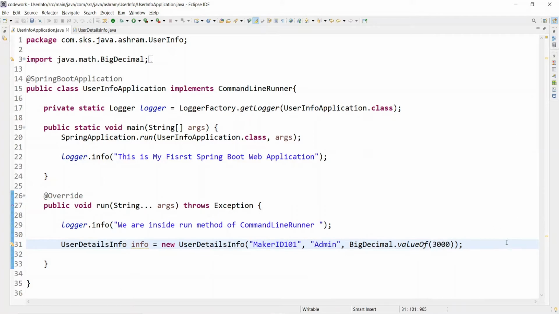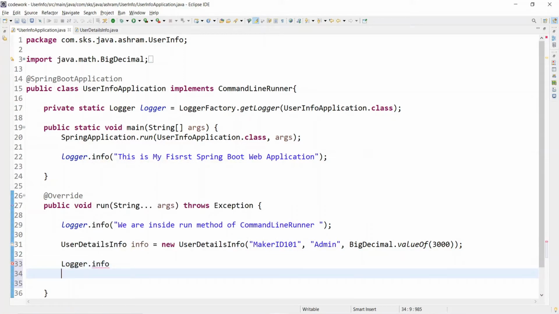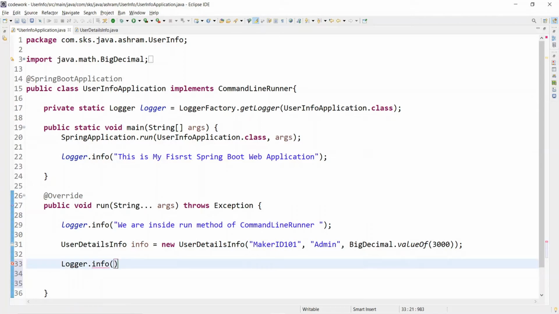And thereafter, after passing this, I am just printing logger.info. I want to print just this, we want to print just the bean, okay. So we have already overridden the toString method. So whenever you print the info, it will print all this information that we have, right?